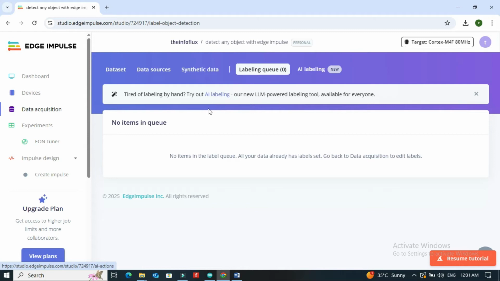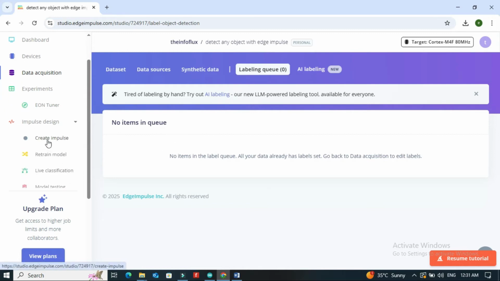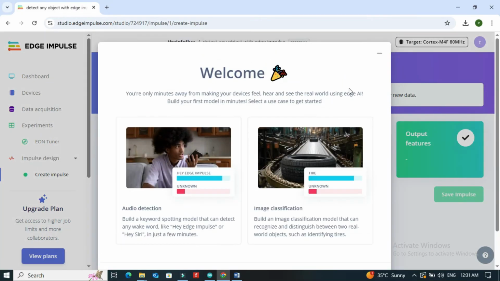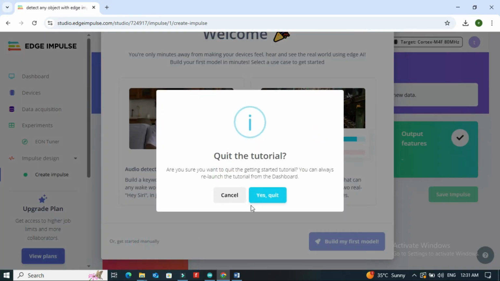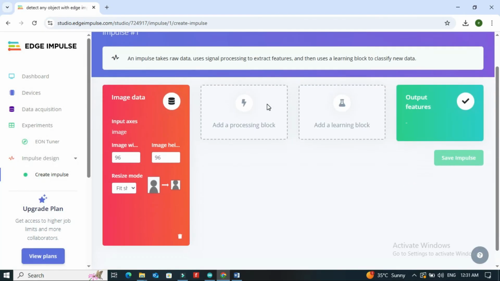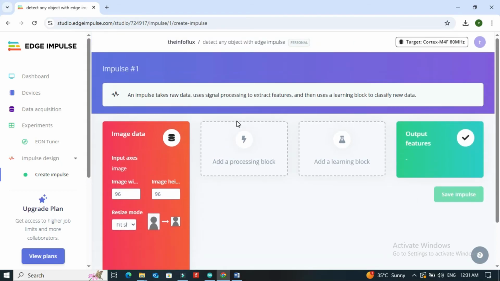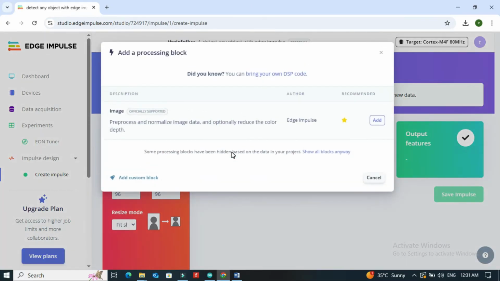Now click on Create Impulse. Keep the image size at 96 x 96. Select Fit Shortest Axis. Click Add Processing Block and add the image processing block from the Edge Impulse.